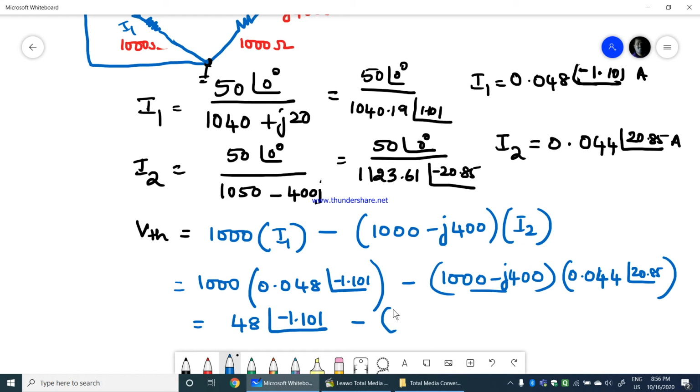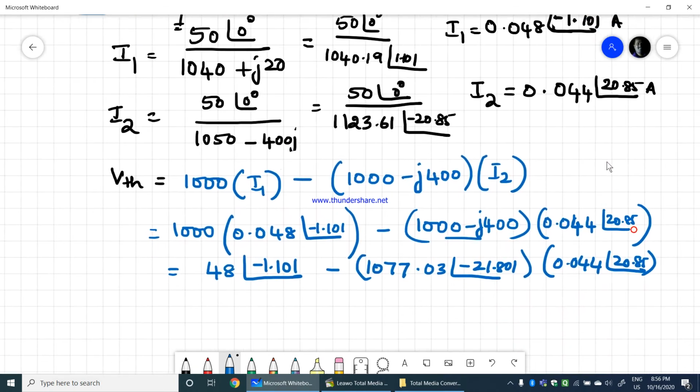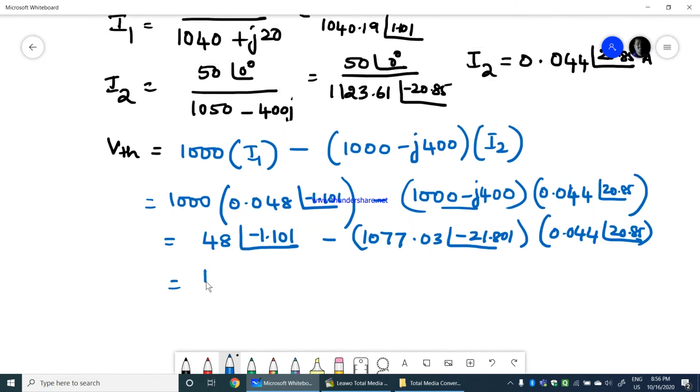Shift polar of 1000, shift comma minus 400, so I get 1077.03 at an angle minus 21.801 multiplied by 0.044 at an angle 20.85. So therefore, I'll get 48 at an angle minus 1.101 minus